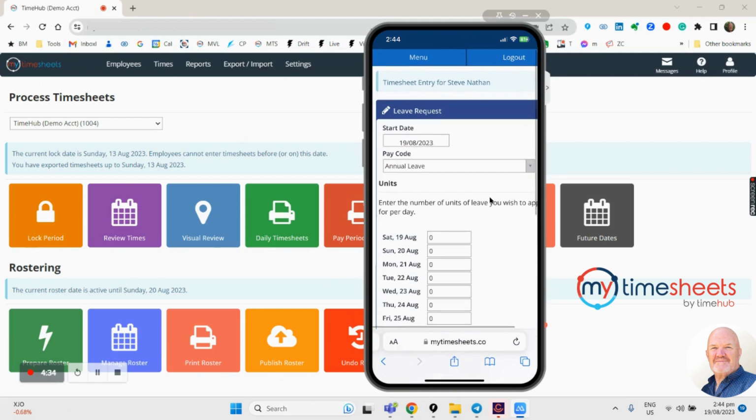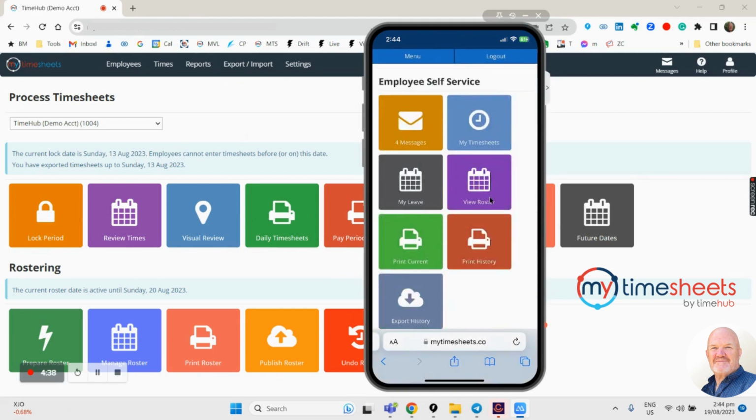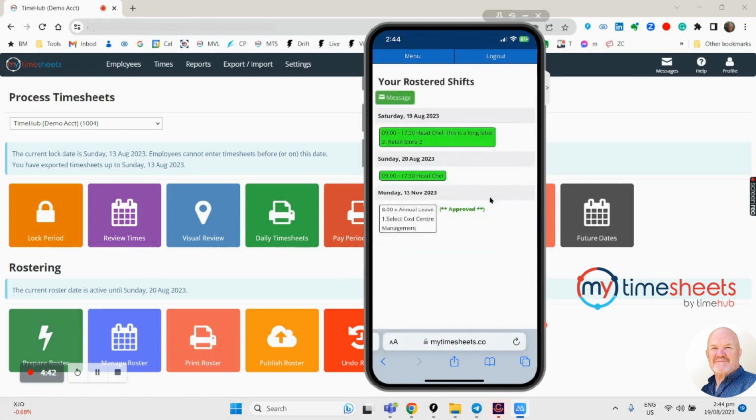So again, it's optional as to how you use this, and if you're tracking that sort of information in addition to pure timesheets. If you're using our rostering module, then as an employee, I can come in here and view my roster for the coming week, weeks, or month, whatever that may look like. Again, I can use the messaging function to notify you if there's something that I need to tell you about